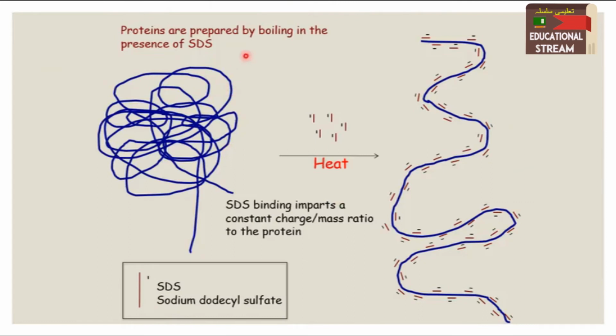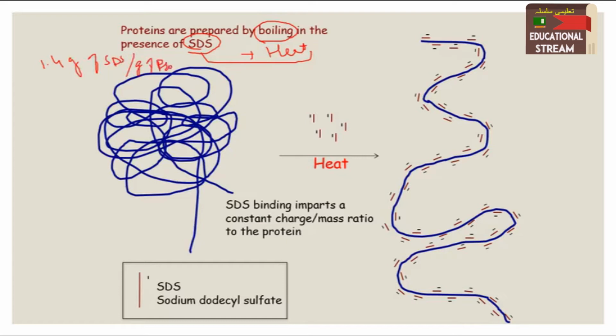So on this slide, we will see what will happen to the protein when we treat protein with SDS. So here we are treating the protein with SDS, and mixing the protein with the SDS, we need to boil it. Heat plus SDS plays an important role in denaturing the protein. Sodium dodecyl sulfate that is being used, we use approximately 1.4 grams of SDS per gram of protein.